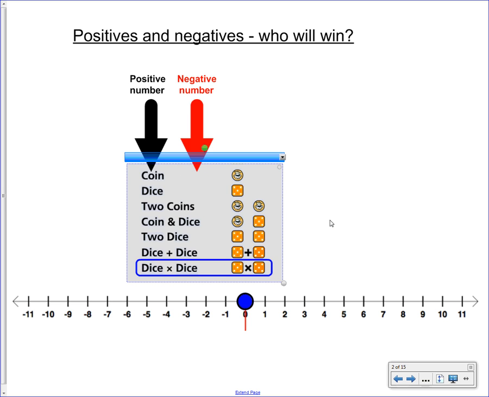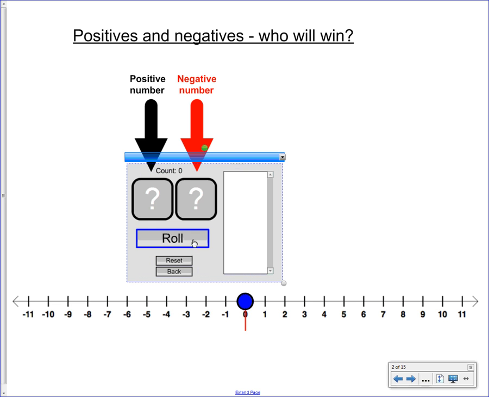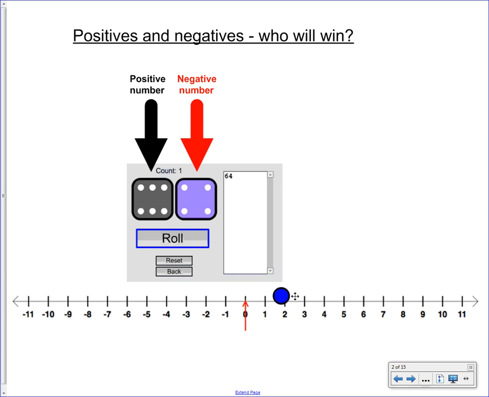And just to demonstrate it, so I'm going to say two dice here. Then I roll. This is the positive number here. So I roll. So we go 1, 2, 3, 4, 5, 6. Then a negative number, and then go back 1, 2, 3, 4. And this just corresponds to something printed out that they've got. So we've got lots of pictures on here. We've got something interactive that they can come up to the board and do, or that you can